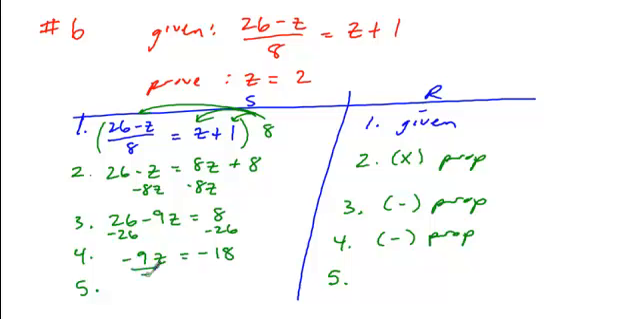My final step is to divide both sides by negative 9. That will isolate my z completely, giving me z is equal to 2. I used division for that, so I'll justify my step using division property. And now my end state is exactly what I'm asked to prove, so I'm done with